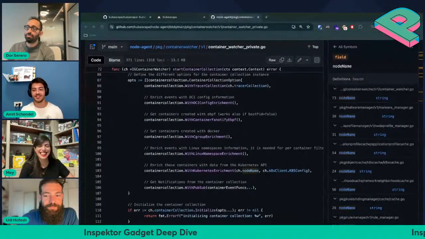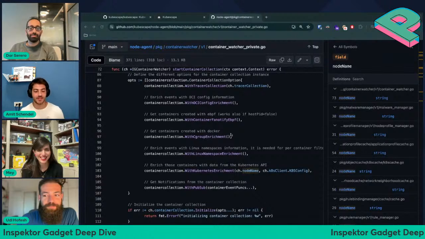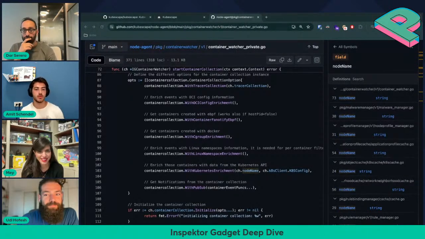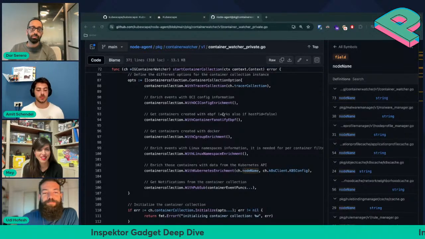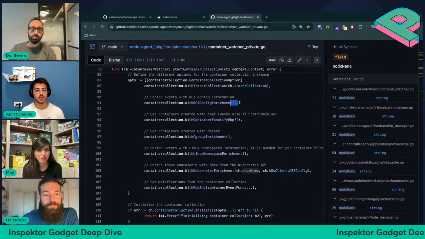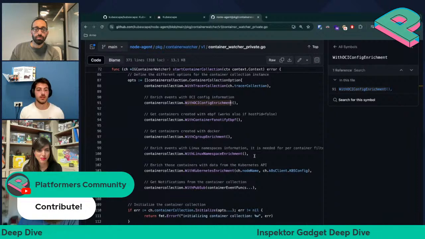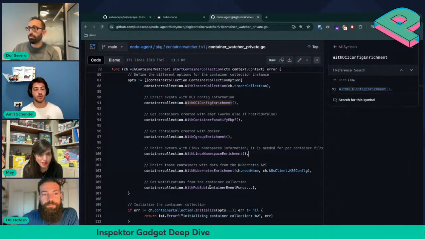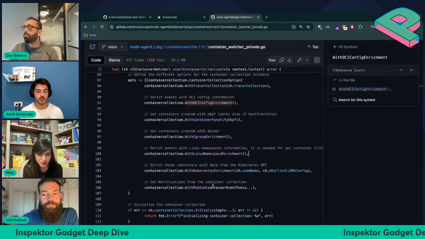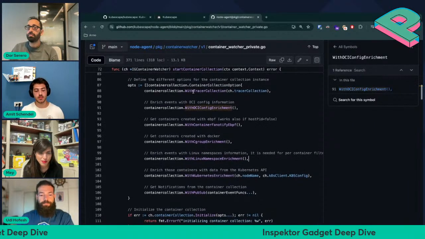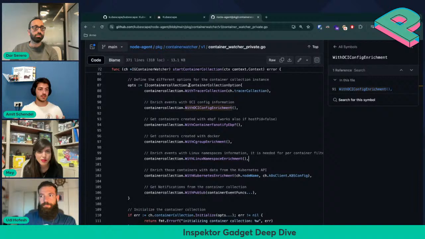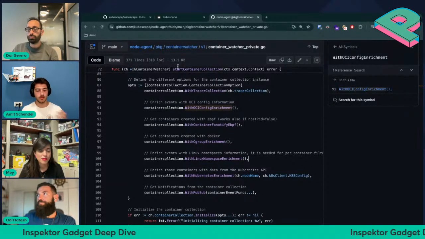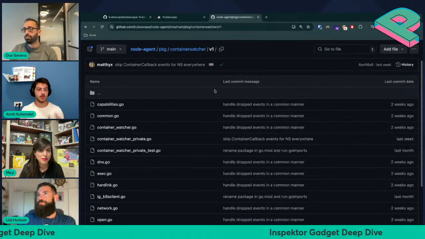Perfect, thanks. Okay, so again, we have this container collection. Here we specify which enrichments we want. We want to get new containers. We want to also get the OCI config of those containers. We want to get Linux namespace enrichments, for example. And we want to get notification whenever a new container is getting started. And once we initialize this connection and this enrichment of the container collection, we basically can initialize what we